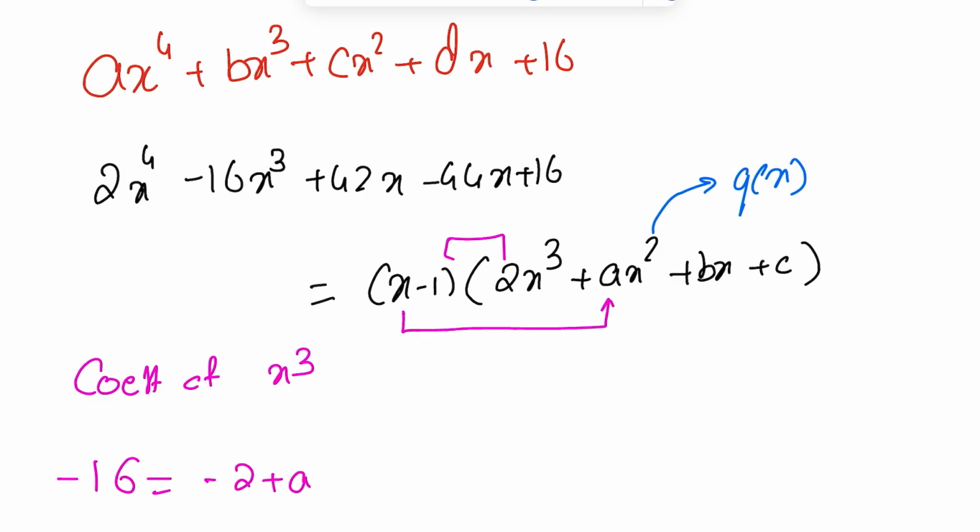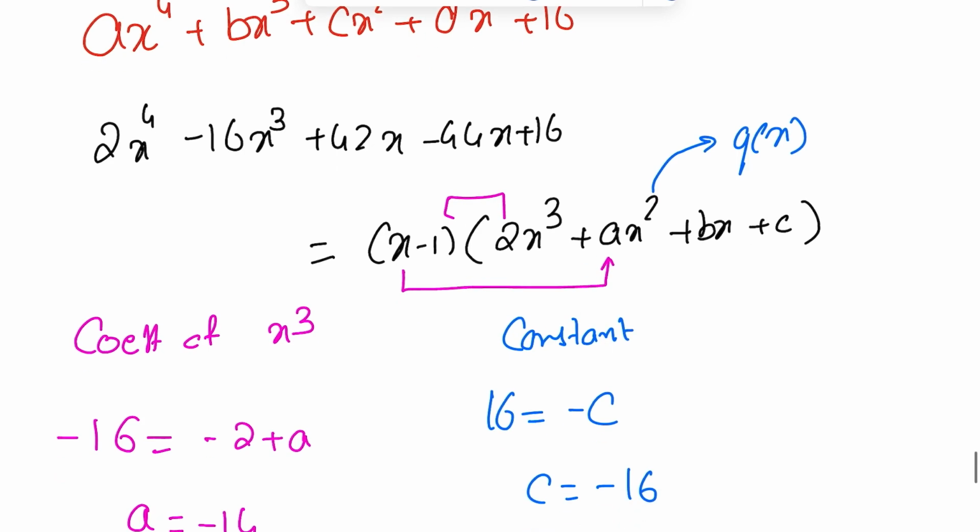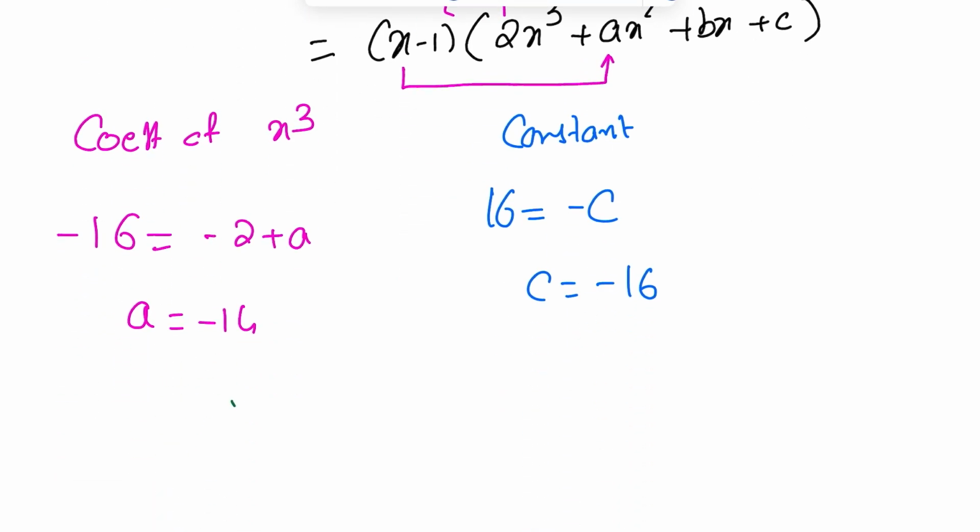And I will be getting the constants. So what are the constants? 16 equals negative c. So c equals negative 16. So my q of x is 2x cube minus 14x square plus bx minus 16, which is nothing but